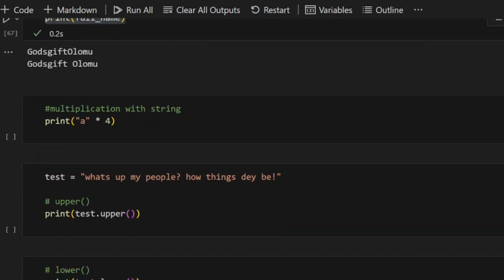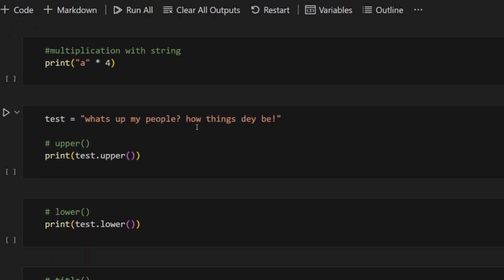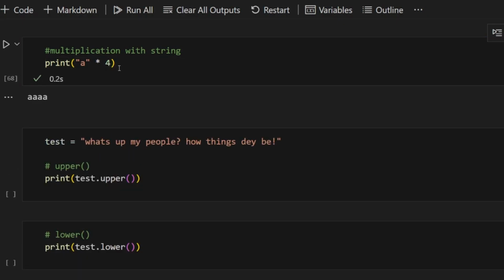Okay, so if we come up again, this one is just a small trick I want to teach you now. If you say I want something to appear 4 times, 5 times, we play with this thing sometimes. So let me just bring it here. If I run this code now, you see say it will print A 4 times. Any number you put here, it go do one. So if I put 10 here, run them again, I go count am down. So this one na common stuff, so that some of us will use until play around. So you run them again, as I say, it will give us 4.